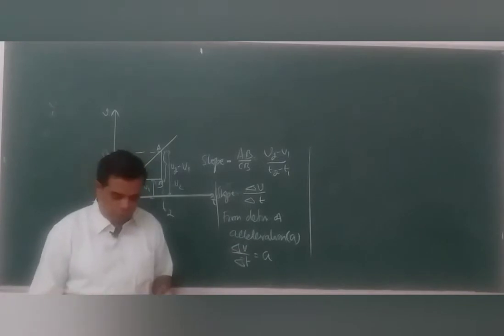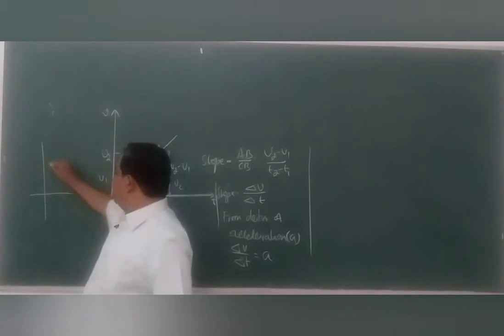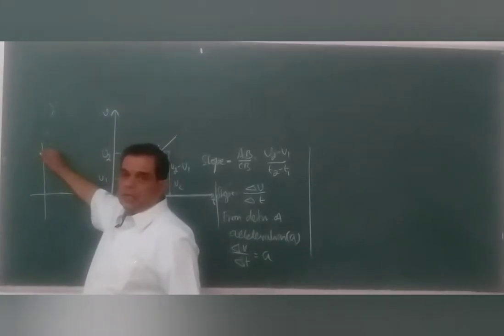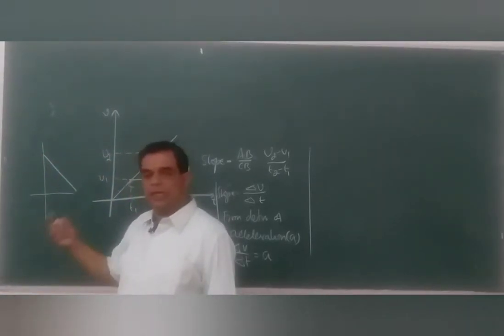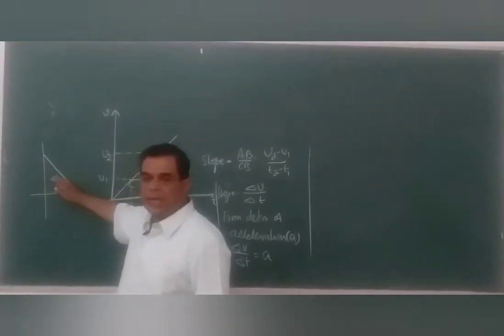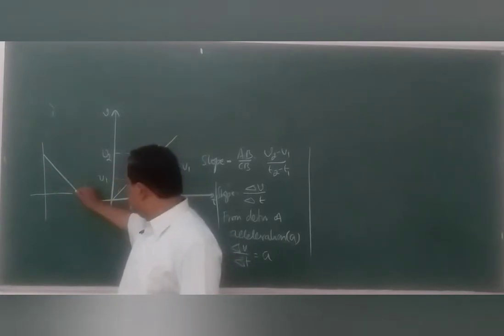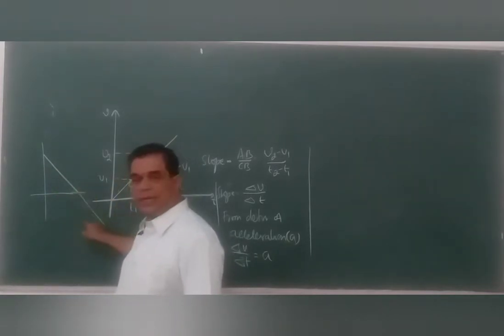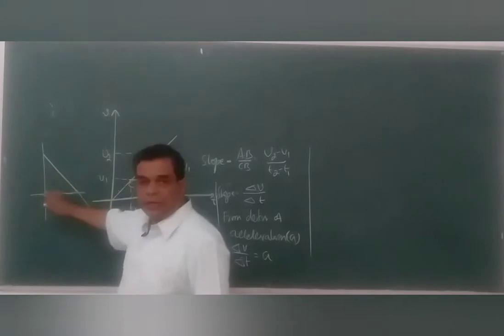Now you can appreciate why we have written the VT graph for the object moving up, when we threw it up in the previous discussion. It is like this, because as we said in the previous classes, when it is like this, slope is negative. Acceleration due to gravity is taken as negative, minus, downward direction. After that also it continued like this. Again it is negative. So that is indicated here in this graph, without knowing this idea, we used that idea there.